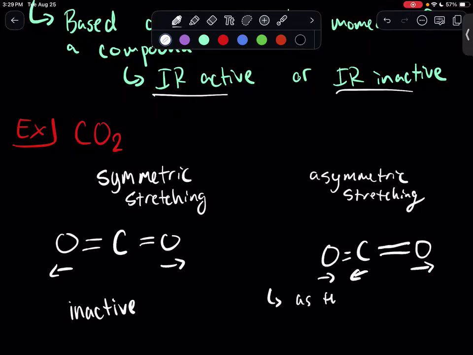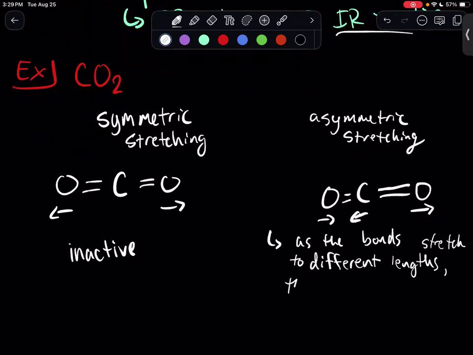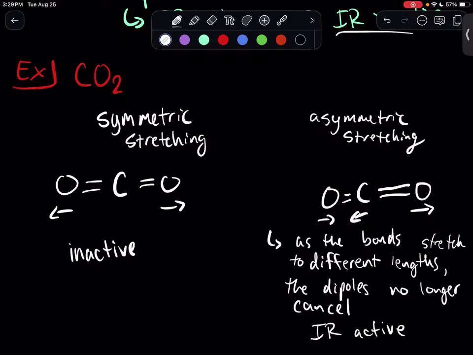So as the bonds stretch to different lengths, the dipoles no longer cancel. Therefore, this is going to be IR active. So this is how CO2, a nonpolar molecule, can still be active in absorbing infrared radiation and participating in the